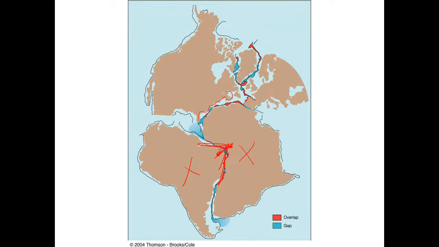Because if they used to be the same and they were connected, then certainly there should be some stuff that's the same. Similarly, like putting a puzzle piece together, if you can move them around and fit them in so that they fit pretty well like a puzzle, then maybe perhaps they actually did fit together. Now you're going to see there are some overlaps and some gaps, which naysayers in the beginning thought proved that